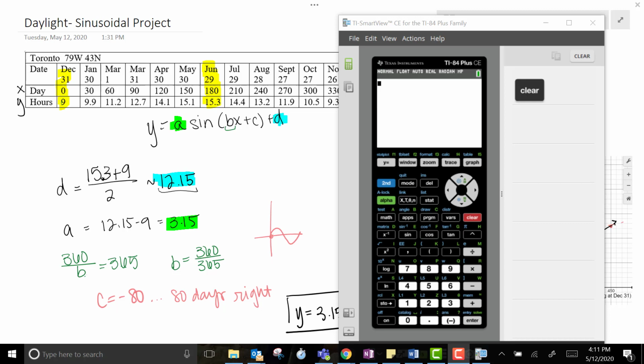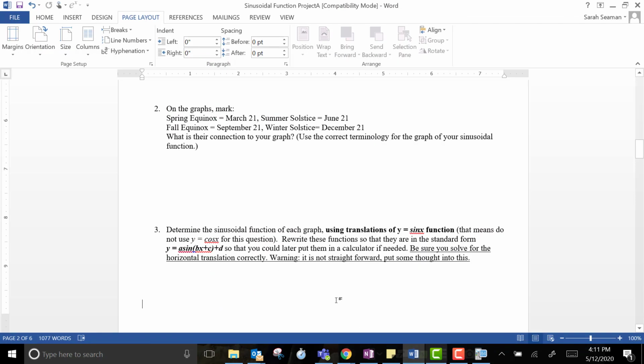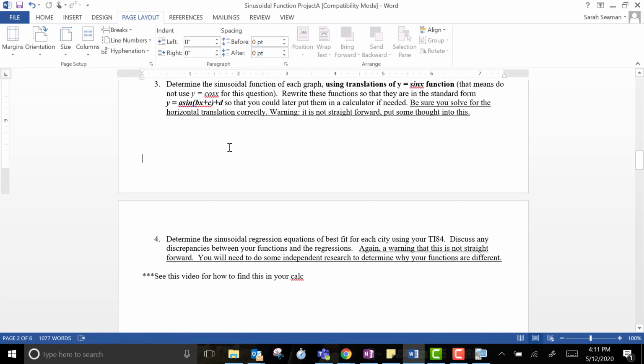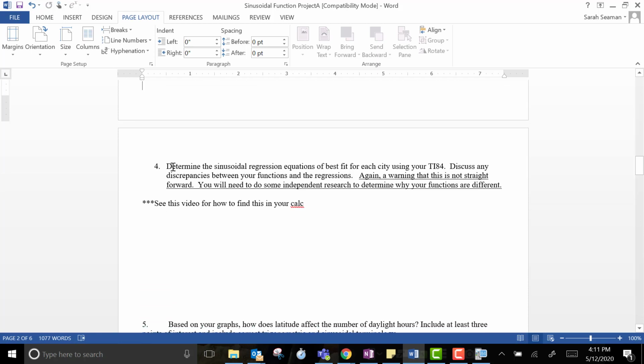Now, the next part is asking you to go through. So I already figured out my sinusoidal function for 1. You need to do this to your other 2 cities. If you also chose to do Toronto, that's fine. If you chose 3 completely separate cities, then you need to do that 3 times and could not use mine for the first. Number 4 says determine the sinusoidal regression equations of best fit for each city